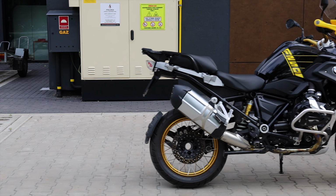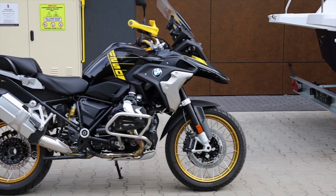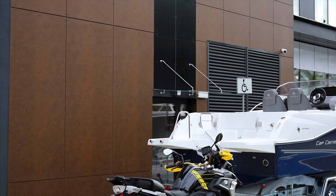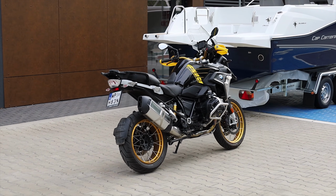BMW has such a motorcycle and it's called the R1250GS. So the biggest GS. It feels super light, even though it's not. It's heavier than both of these, but you only feel that it's not light when you are either pushing it or trying to lift it after a fall. So it doesn't actually count. It's super easy to handle, just like the F900XR, but at the same time, it's not bouncy at all. And it's very stable, like